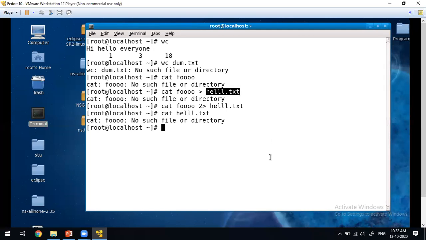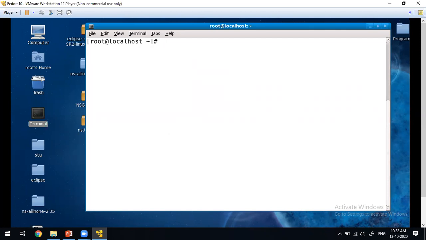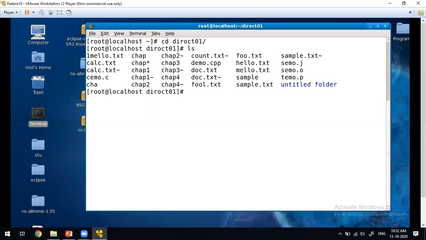In the same way, let us see the standard output file. Control L. I'll move to some directory, dirOct. Inside this, ls, so many files are there. We'll check cat hello.txt whether content is there. Yes, content is there.